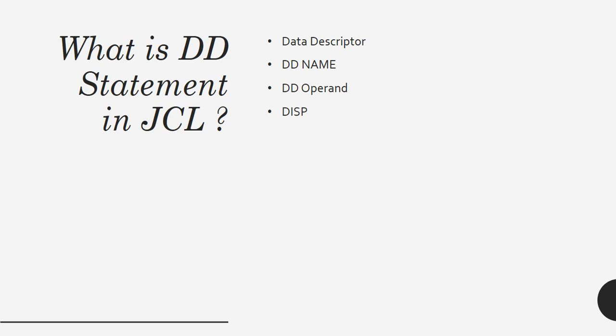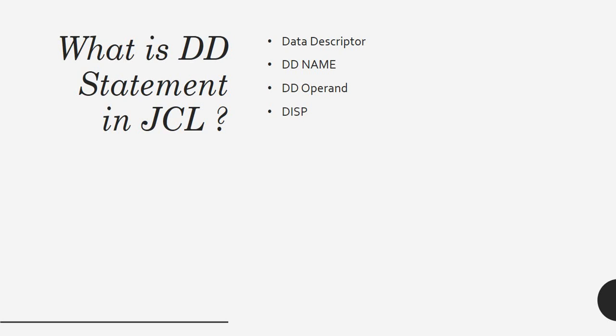Normally we use a DD statement to pass some input to a specific utility or a program. If my utility is to create a new file, I need to specify the file properties related to that. For example, with IEFBR14, I need to specify whether I am creating a PS file or a PDS file. So I need to specify the specific parameters, I mean the properties of that specific file.